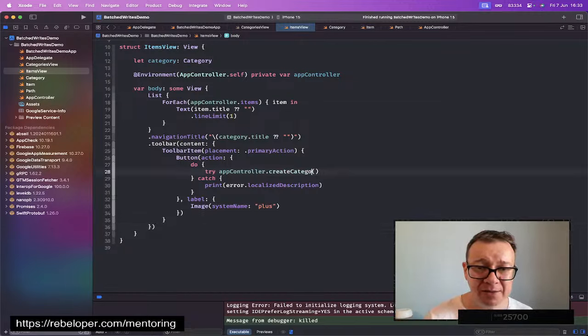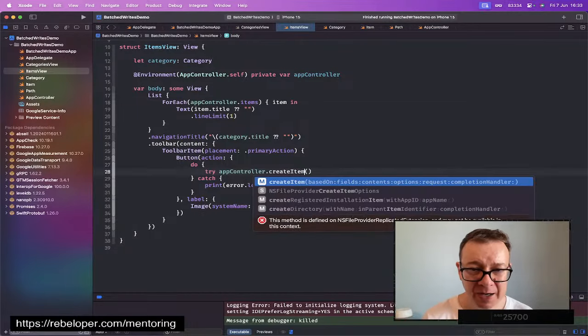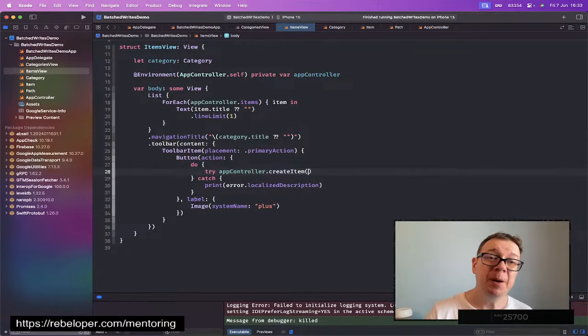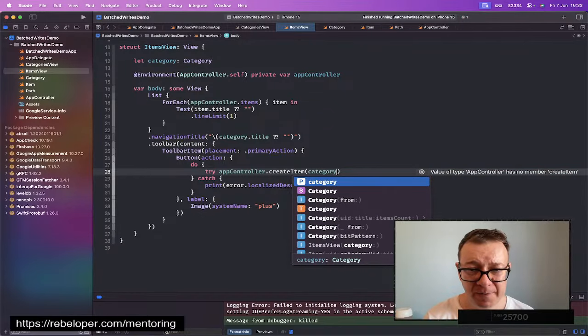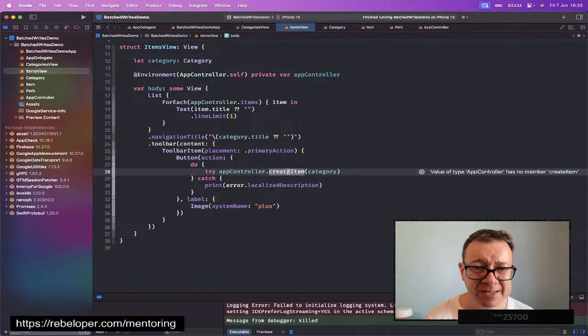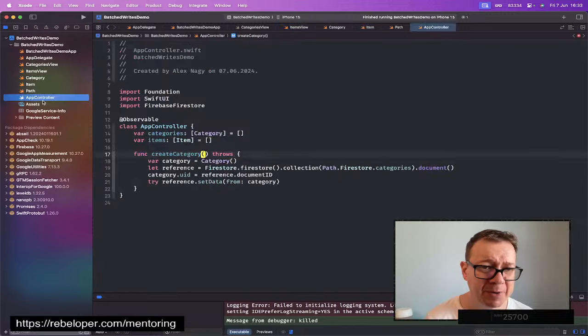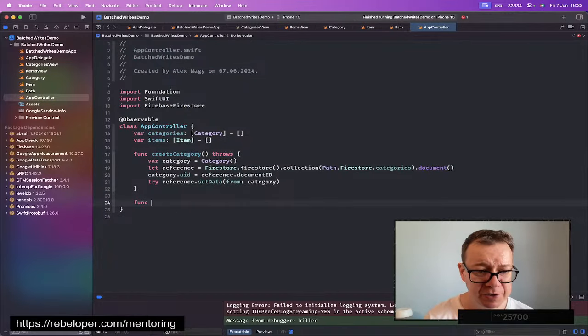We want to create an item. So create item, and we are going to pass along the category. So I just have this category. Okay, so let's create this function in the app controller, a new function, item, and it needs a